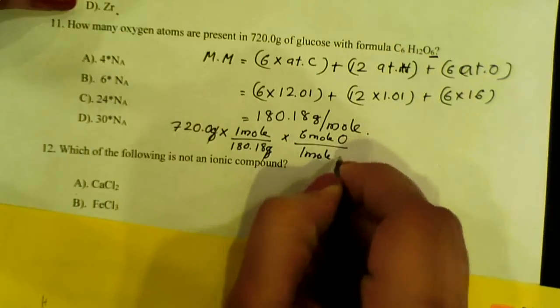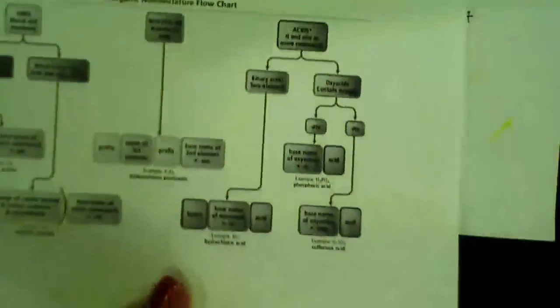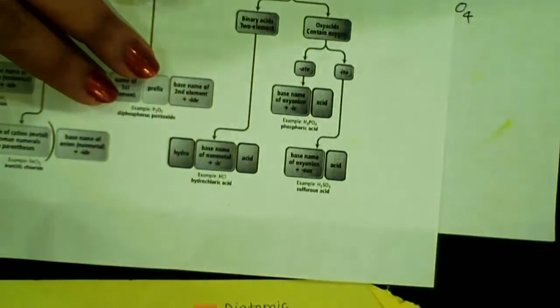Lithium is a metal and chlorine. So when you get a formula for a compound, if you have to add nitrous acid. Nitrous acid. So when you name oxyacids,